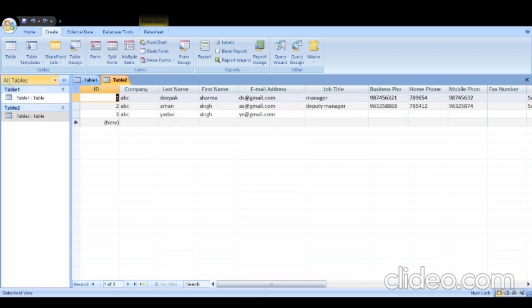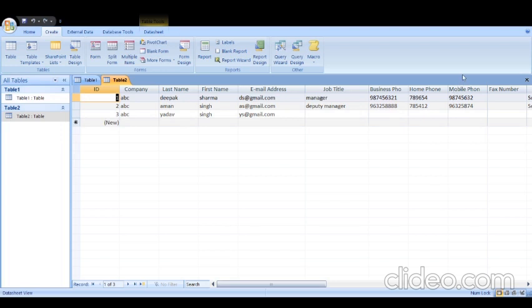So this is a template which we have done. We have not actually created a table, we are using a template to create the database. Template means built-in templates, where every formatting, even the table, is already there.